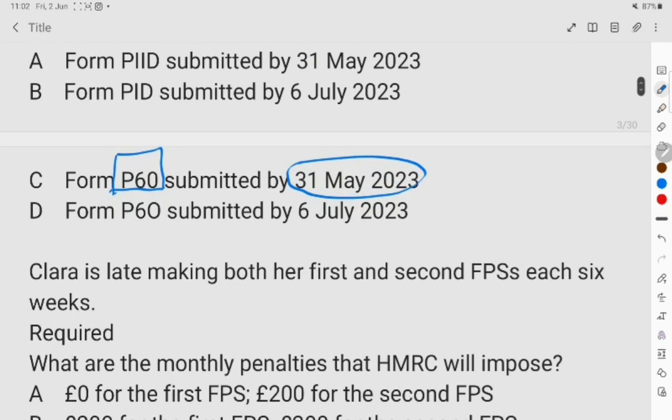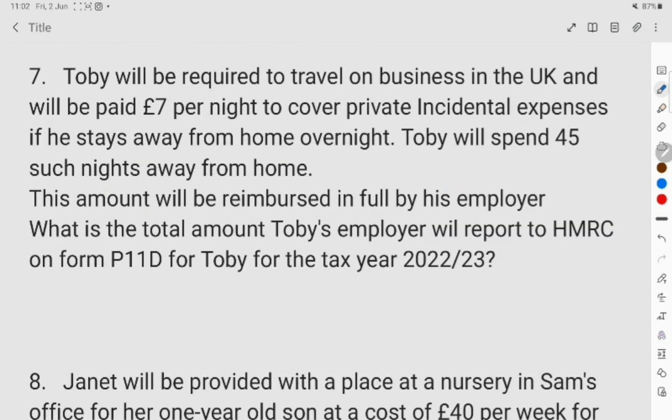Next, Toby will be required to travel on business in the UK and will be paid £7 per night to cover private incidental expenses. If he stays away from home overnight, Toby will spend 45 such nights away from home. The amount will be reimbursed in full by his employer. What is the total amount Toby's employer will report to HMRC on form P11D for Toby for the tax year